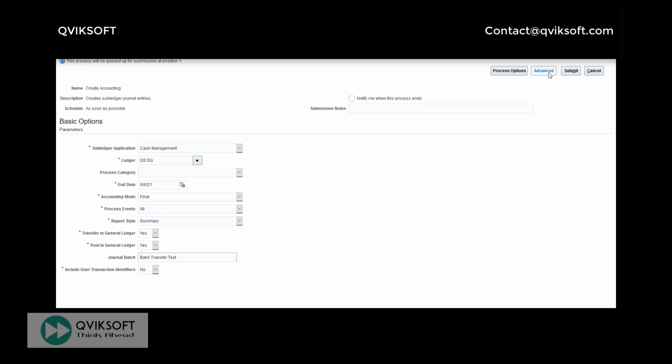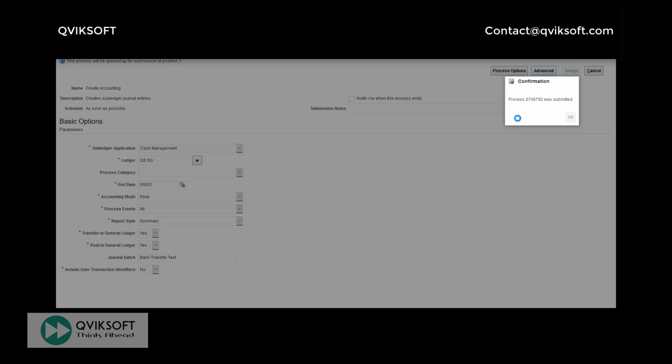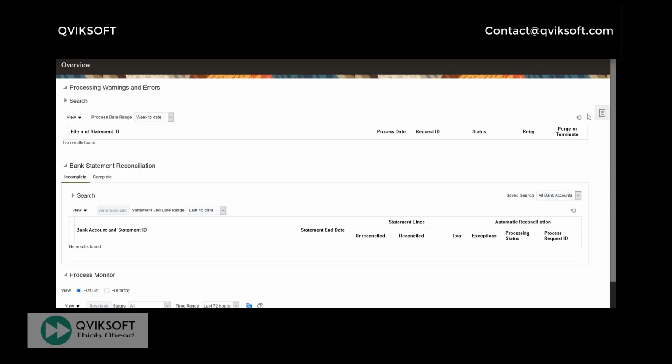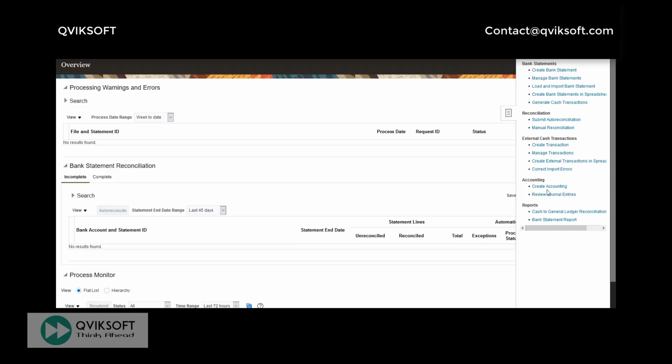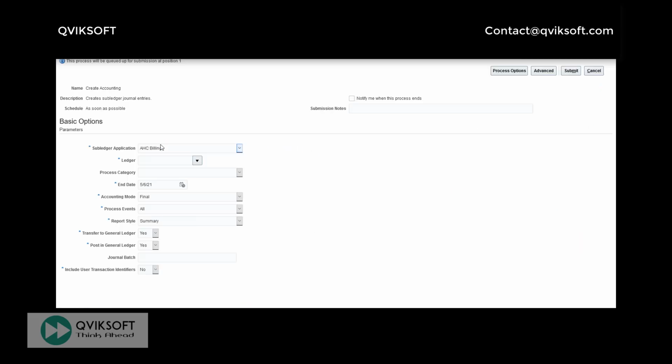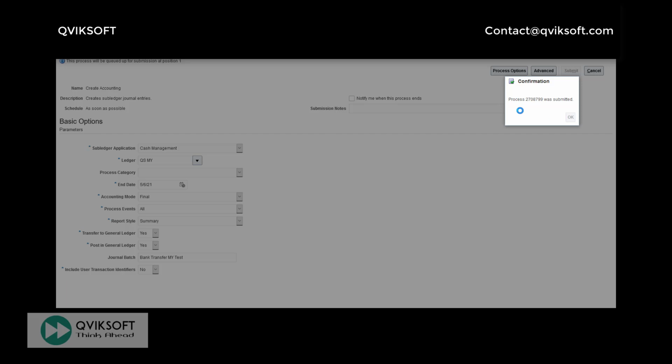I can submit. I submit one more create accounting for my Malaysia ledger: cash management, QS Quicksoft Malaysia, bank transfer Malaysia test. Submit. It has been submitted.